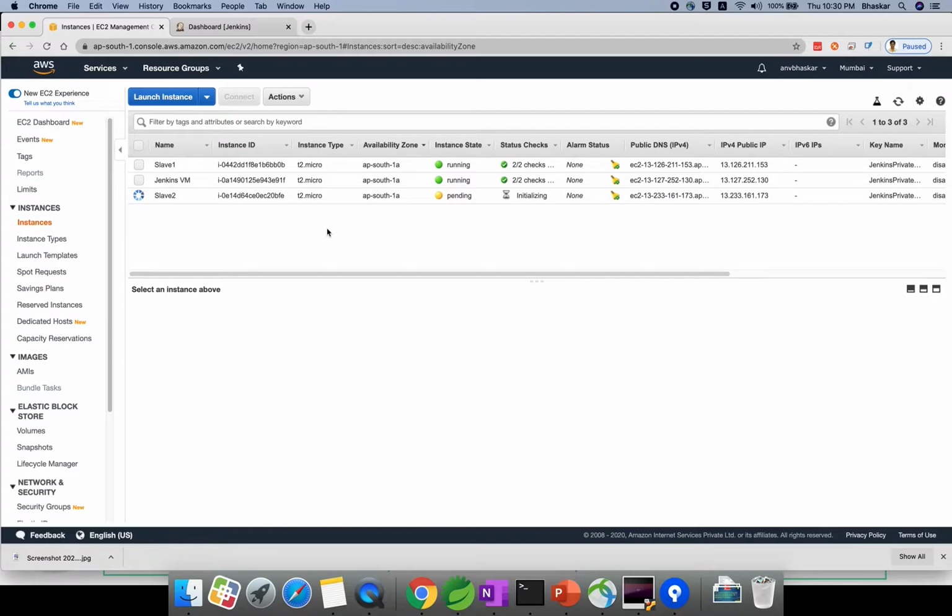If you have an Ubuntu virtual machine, you can follow the same actions, though some commands will differ. In later sessions I will also explain how to install Jenkins on Ubuntu.